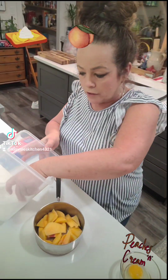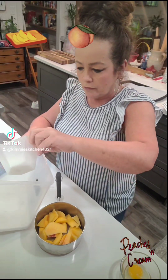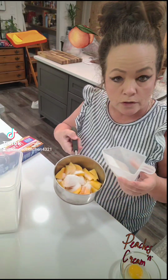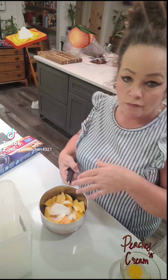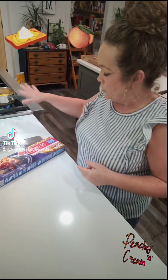All right. Now, I don't measure. I'm going to start off with probably about a third of a cup, maybe a fourth. Actually, I'm not going to use all that. I'm going to taste it, put a little bit of water in there, bring it to a boil, then taste it. If it's not sweet enough, add just a little bit more sugar. While that is cooking,